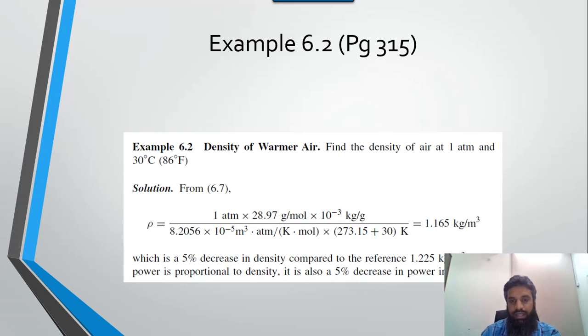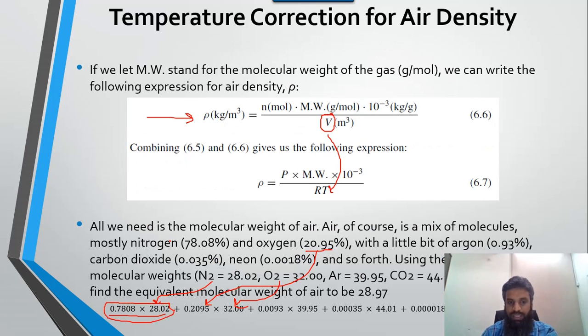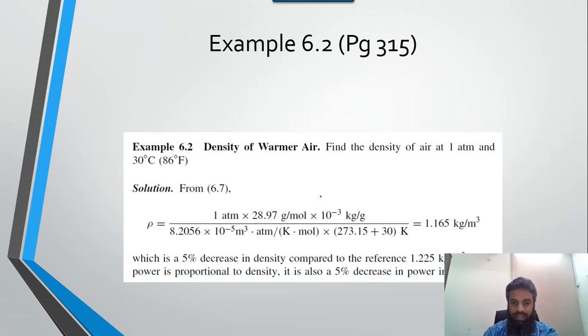So let's find the density of the air at 1 atmospheric pressure and 30 degrees centigrade. So the basic formula is pressure, which is 1 atmospheric pressure. Then we have 28.97, which is the molecular weight, into 10 to the power minus 3, divided by 8.2056 into 10 to the power minus 5, which is basically the R value, and then the temperature. So if we calculate these values, then the value of the rho is basically